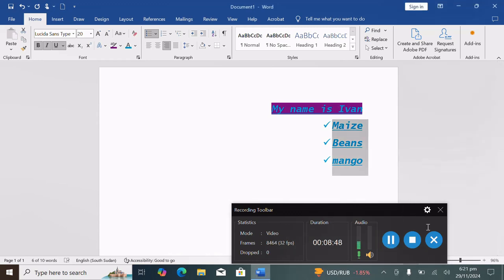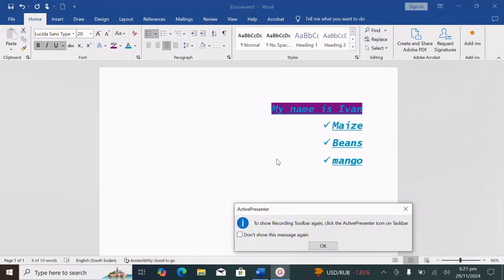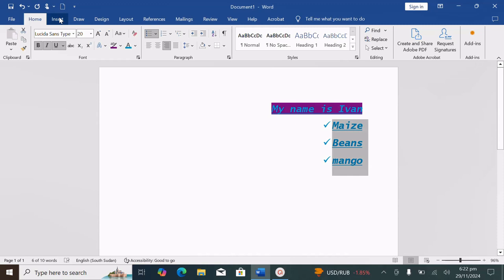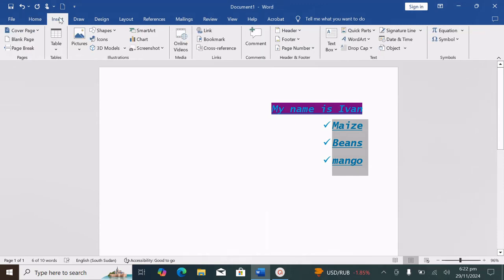Okay, so briefly, that is on the home tab. Now we also have another one there on this insert here. On this insert, you can do a lot of work. You can insert a table, you can insert pictures, and any other things that you want. For example, if I want to insert a table in my document here,